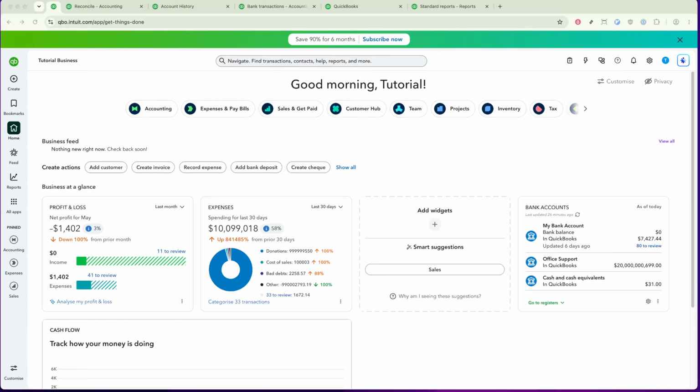In today's video, I'm going to teach you how to reconcile a credit card balance in QuickBooks Online. Reconciling your credit card statements is an essential part of managing your business finances. It helps ensure that your QuickBooks records match your actual credit card transactions, so you can catch any errors, discrepancies, or fraudulent activity early. Whether you're new to QuickBooks Online or just need a refresher, I'll guide you through the process step by step. By the end of this tutorial, you'll feel confident about keeping your accounts accurate and up